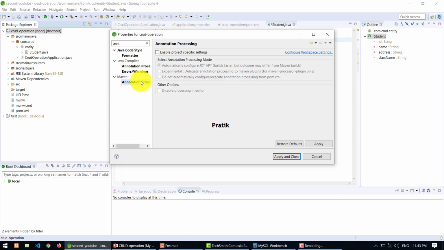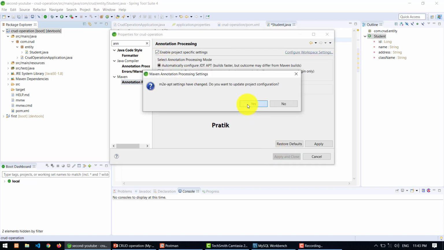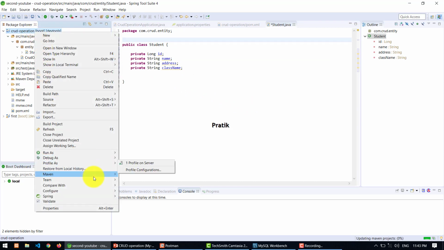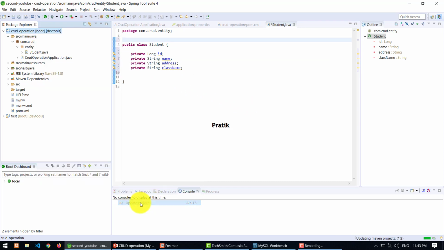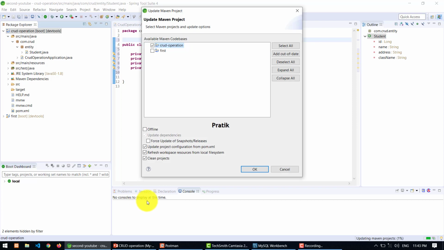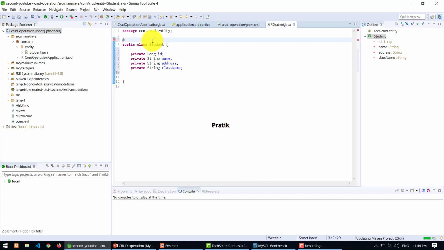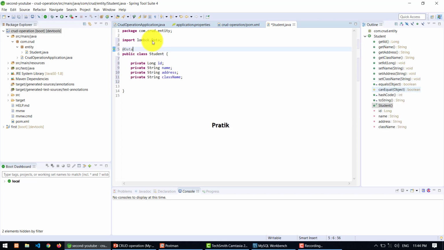Yeah, annotation processing enable. Apply and close. And after that, I'm going to update the project once again. Let's see what happened now. Yeah, I get the annotation Data, so I have all the getters and setters for the attributes of this class.